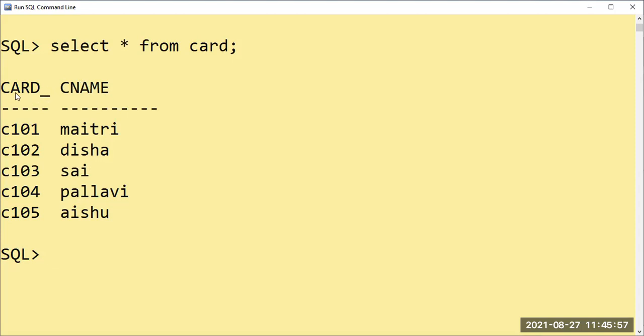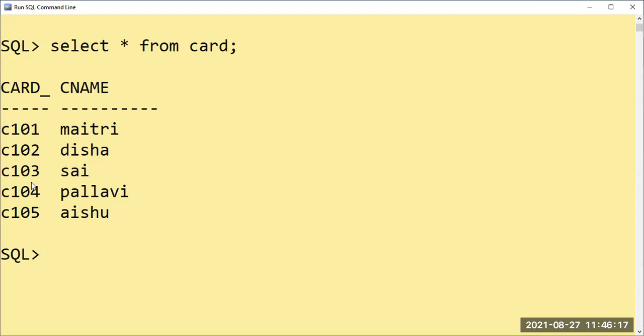So here my table is for card. I have given the numbers as C101, C102, C103, C104, C105. Only five values I have taken for each table, but for some other tables I have taken nearly 10 or 20 values to execute the queries here.